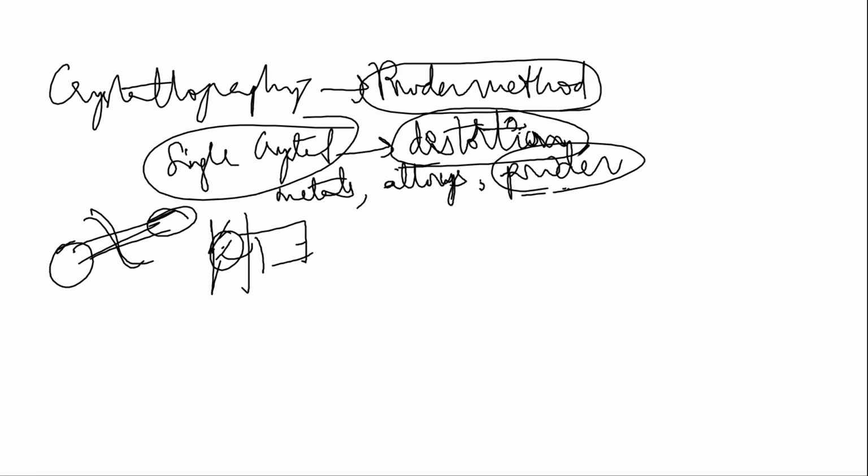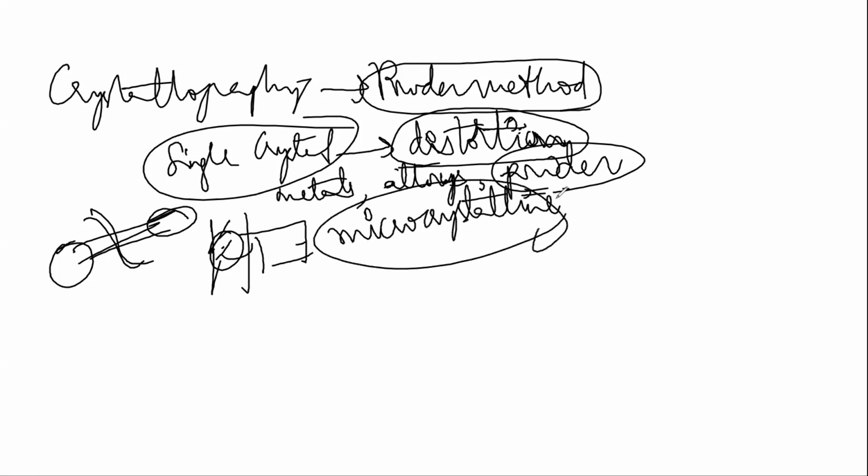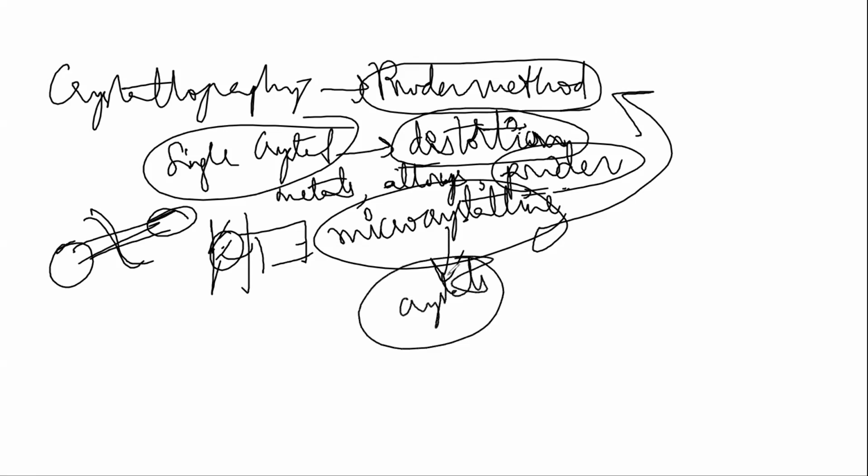When we have microcrystalline materials, powder microcrystalline materials, not a single crystal material, we use this method. What is that? The powder method, to analyze the microcrystalline format, the crystals which are formed. The structure of the crystals can be determined by using X-ray diffraction by the powder method. X-ray diffraction by the Ley method is only good for single crystal structures. For the powder method, we have to opt for microcrystallines and all the small crystals available in powder form, which can have some distortions. Then we go for the powder method. Okay, students.